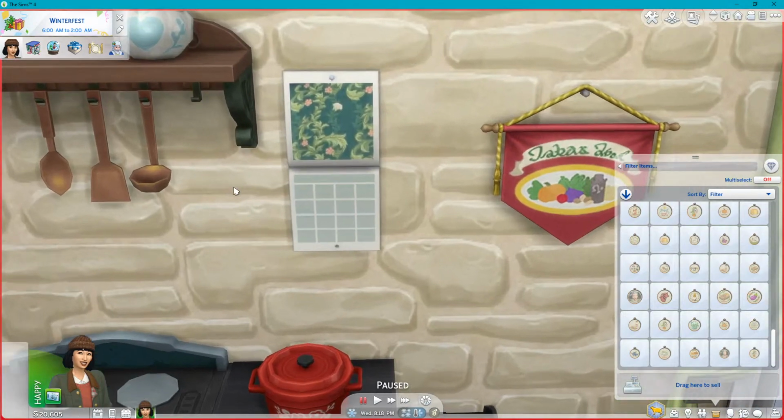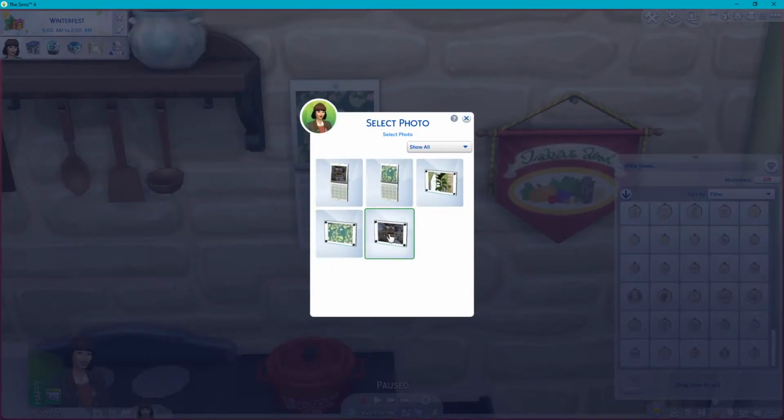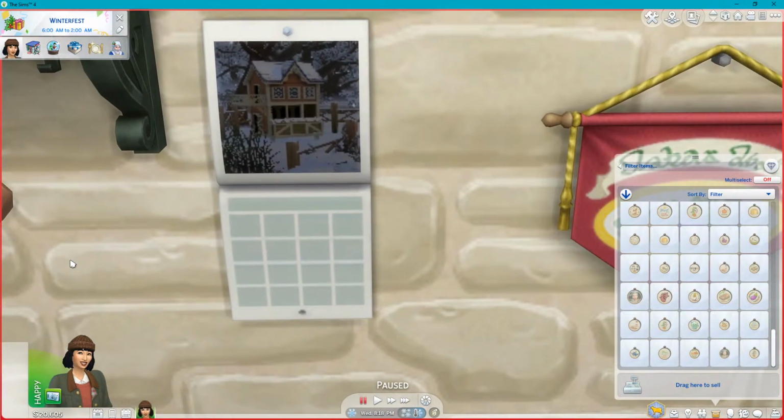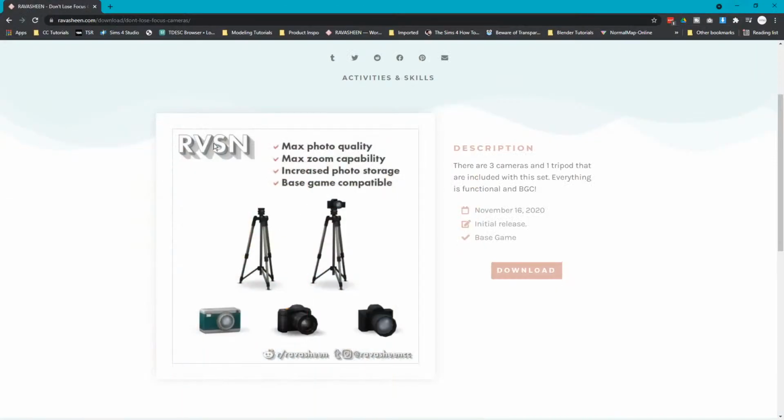Let's see. Set filter, no filters. Oh no, this photo is actually pretty good. Let's customize print, change photo. Okay, so you can see this photo is not great quality, and it's because we took it on her phone. And there's not a way to improve that for some reason, or at least I can't. I spent like a week trying to figure it out. So if you do want really good photos, like high quality, you should go ahead and use